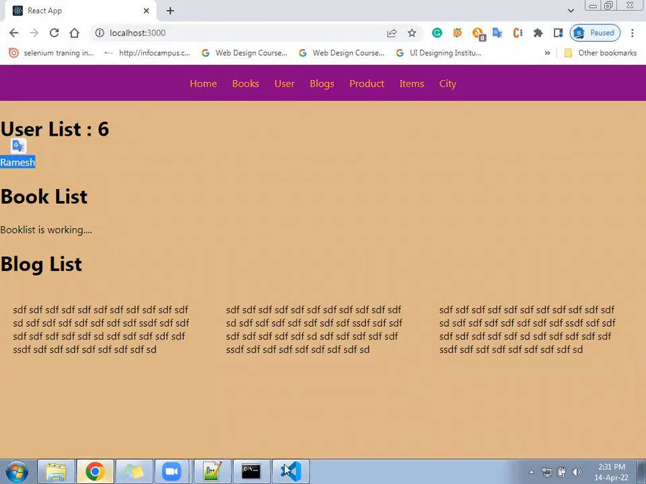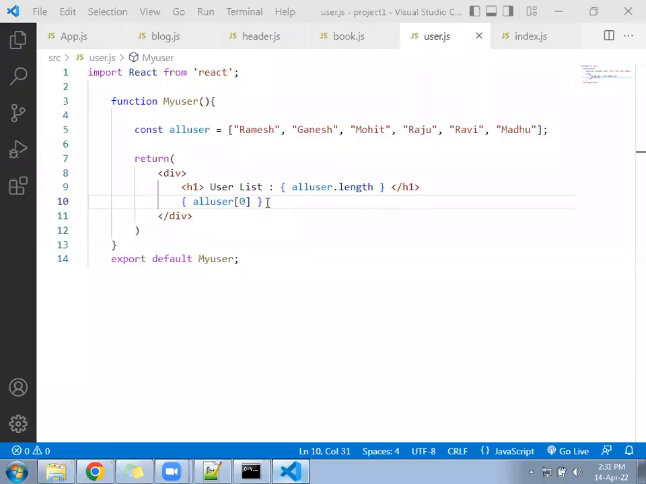If you want to print all the users, then what you will do? You have to follow 0, 1, 2, 3. But that is not right solution. What is the right solution? We have to use the map function now. JavaScript map function we have used. Same map function we are going to use here also. Okay. So